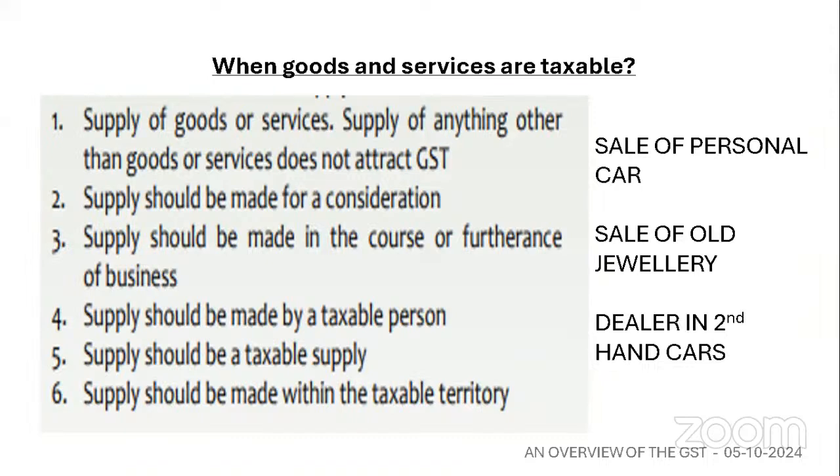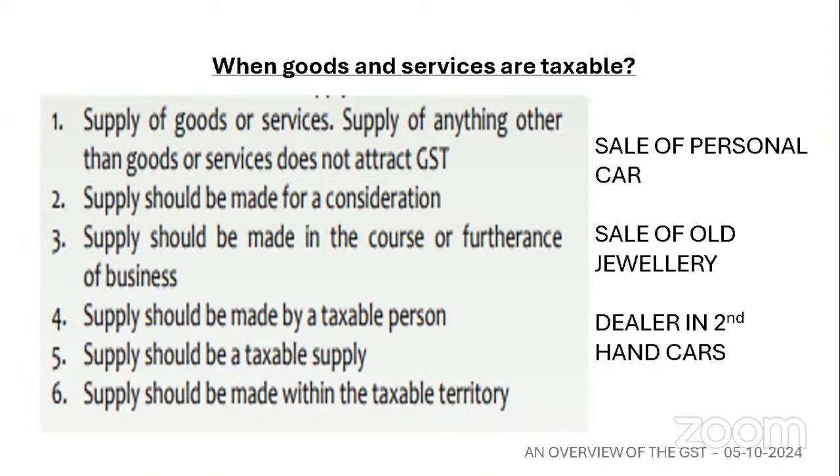Then the supply should be a taxable supply. All of you know that in the case of vegetables and milk, there is no GST leviable. It is exempt from tax. It is not a taxable supply. Now, if a particular person is carrying on only the vegetable business or supply of milk, he need not pay any GST on that. He is not required to get registration. And also, you know that petrol and diesel, and alcoholic liquor are not taxable supplies. Therefore, the GST law is not applicable in respect of these particular products.